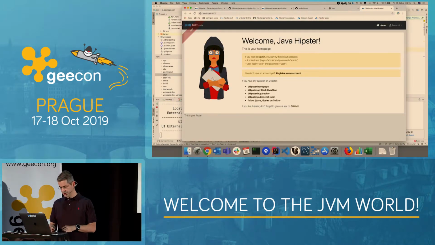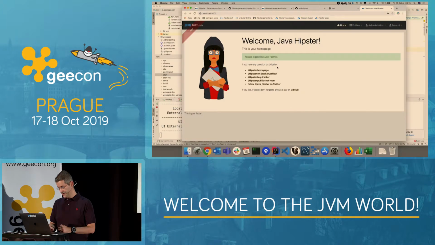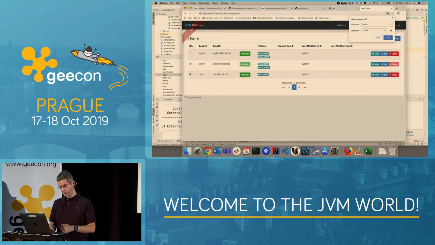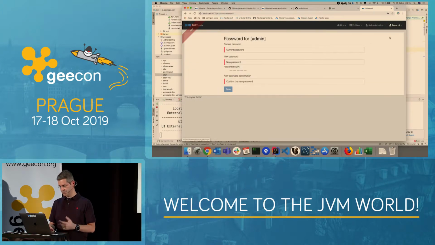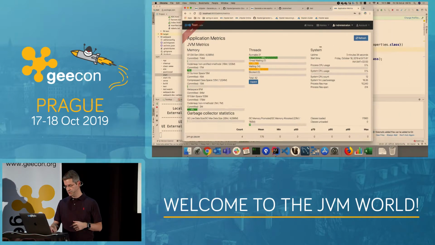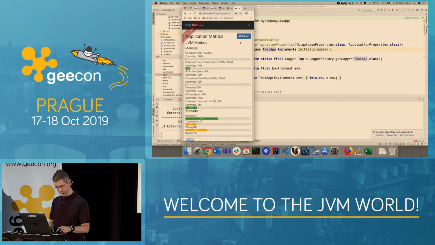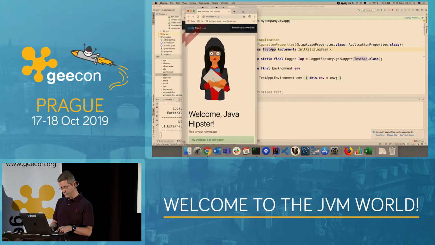So here is my front end. I can sign in. It's admin by default. And I can have a look at my app. At the moment, it's mostly user management because I have just a skeleton app. I can change my password. I can have a look. And so this front end is generated for you. It's, of course, fully responsive. And if you open it in another window, there's a neat thing that we do for you.